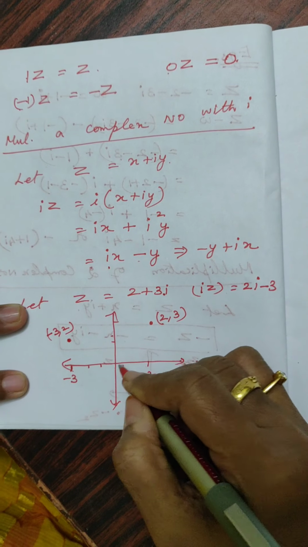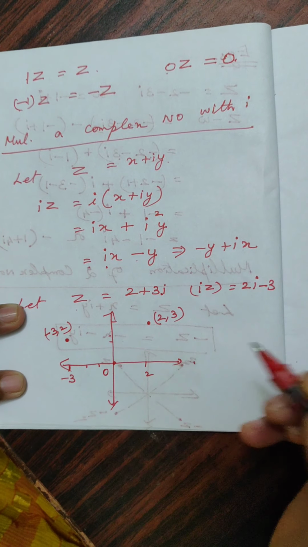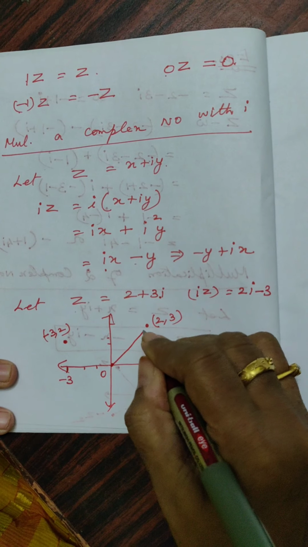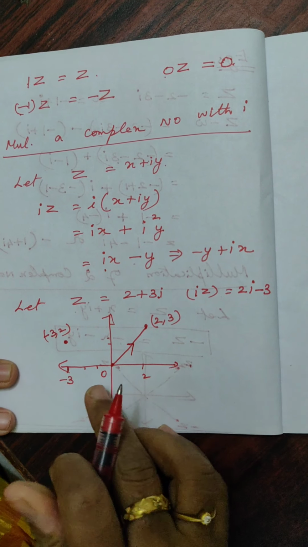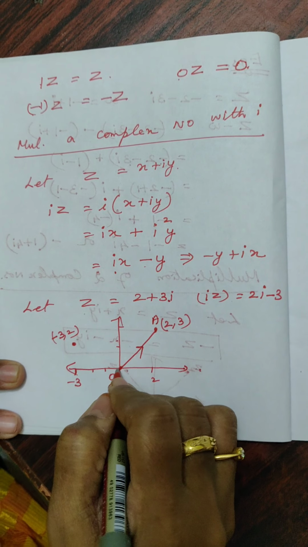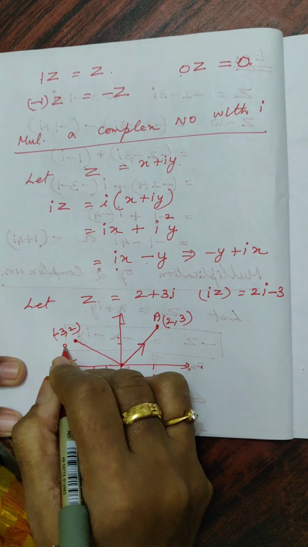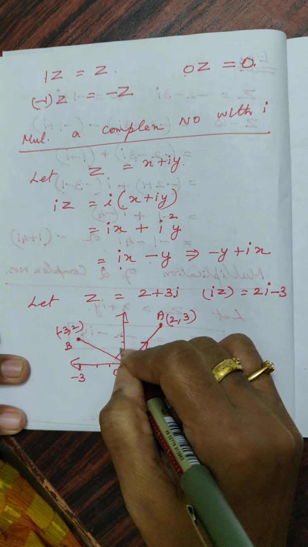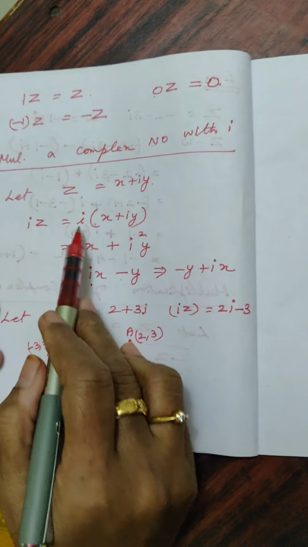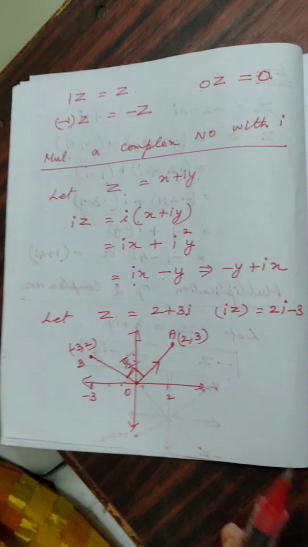Just check. See why we are applying vectorial notation for this complex number. It is clear for you. Now you can easily understand only through vectorial notation. So see here, point OA is here, let it be. Here point OB is here. Just see what is the angle you are getting. This is 90 degrees.